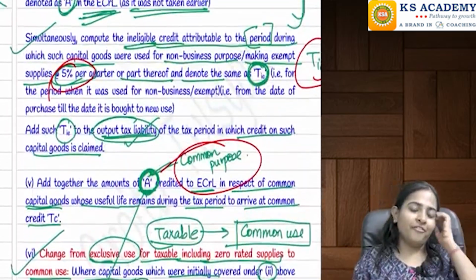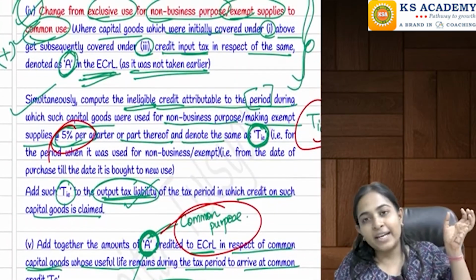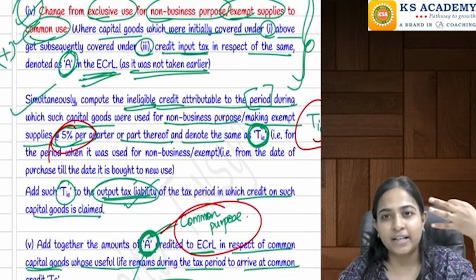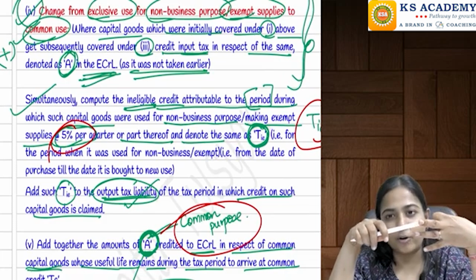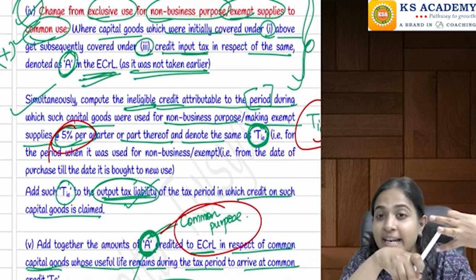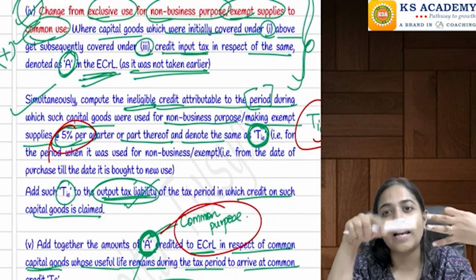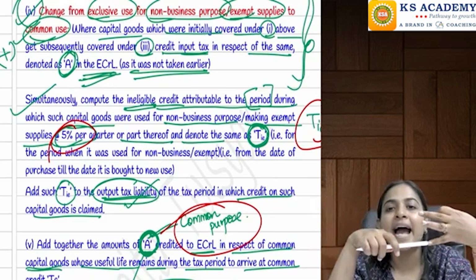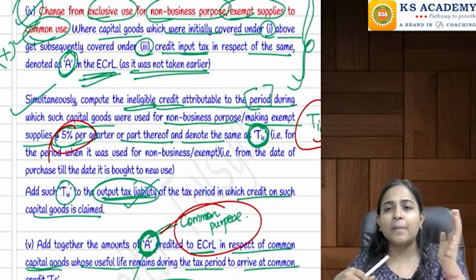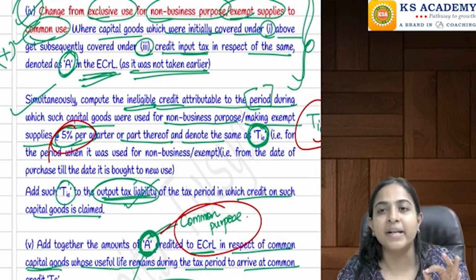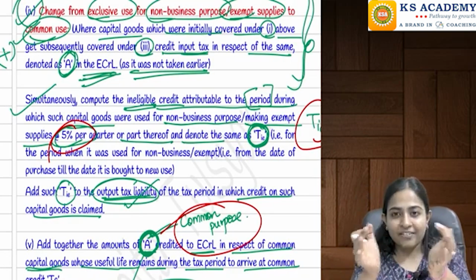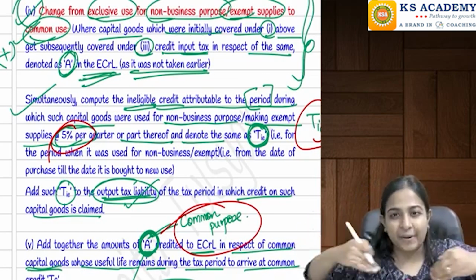So first of all, whichever capital good you are bringing from ineligible use to eligible use, do 3 things for that. First, credit it to the electronic credit ledger. Second, reverse the ineligible credit, that is for the time till now it was used for ineligible purpose, 5% per quarter from the date of purchase. And third, add it to A. Whatever comes into A should be used for common use, and its life of 5 years should be pending. So that whatever is there in this pool of A,